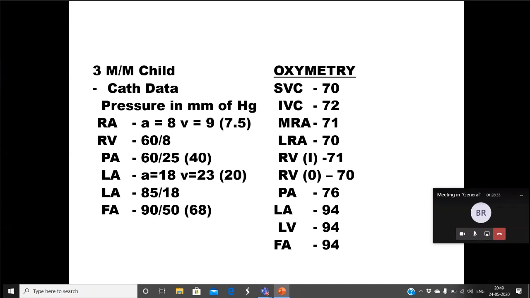Okay, that's important, because one thing you should remember is that no child can survive a left to right shunt unless there is an obstruction. In a patient with VSD, the obstruction can be at the VSD level, a small VSD, or at the RV outflow level, RV outflow obstruction. If neither area is obstructed, with a large VSD and no RV outflow obstruction, then there has to be some obstruction in the pulmonary vasculature for the child to survive. Otherwise, a large volume of blood will come to the left side of the heart and the patient will immediately go into left heart failure and the child may die.